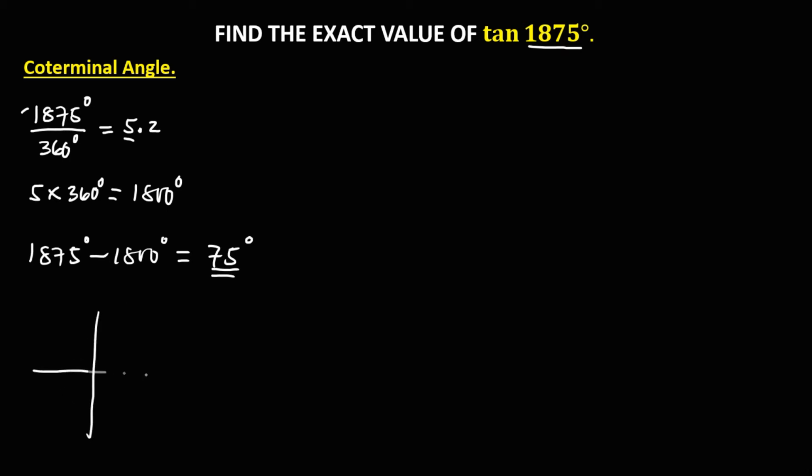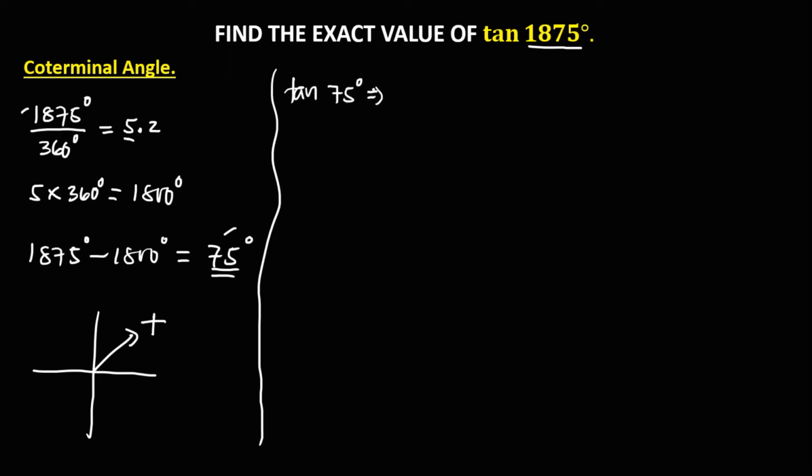Since this 75 degrees is in quadrant 1, tangent 1,875 is positive. To find the exact value of tangent 1875 using this coterminal angle, we have tangent 75 degrees. We need to rewrite 75 degrees in terms of 60, 30, and 45 degrees. Since 75 is equal to 45 degrees plus 30 degrees, then from the sum and difference identity, the tangent of A